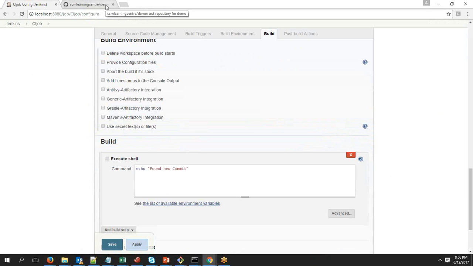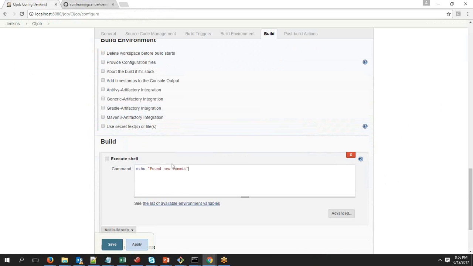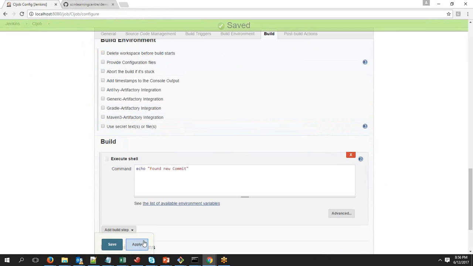Okay, so as soon as I save this, Jenkins will start running after the next 1 minute, and the first time it doesn't know whether there is a new commit happening, but for that it needs to first create the workspace. So for the first time, automatically it will create a workspace and a clone of this, and then from the next time it will try to check, and only if there is a new commit it will proceed. If not, it will not come to this step at all. Okay, so let's apply this,